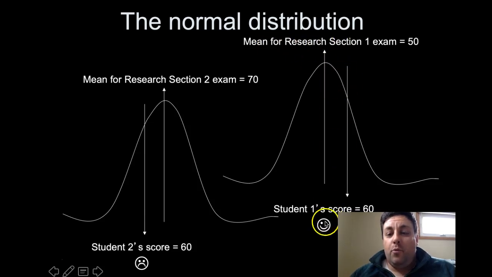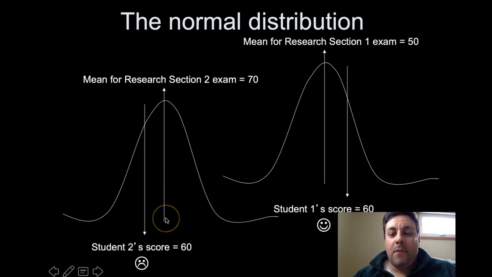So student 1 is happy because the mean score in her section was a 50, so she was 10 points higher than the mean. On the other hand, student number 2 was sad. Again, we see the same normal distribution, and that's because her score was 10 points lower than the mean,